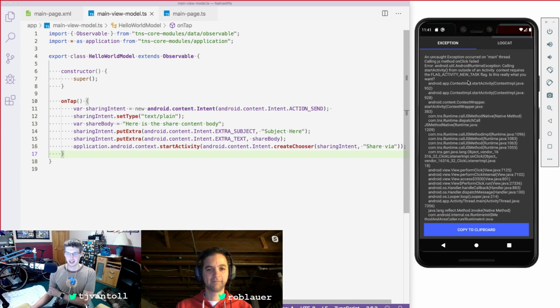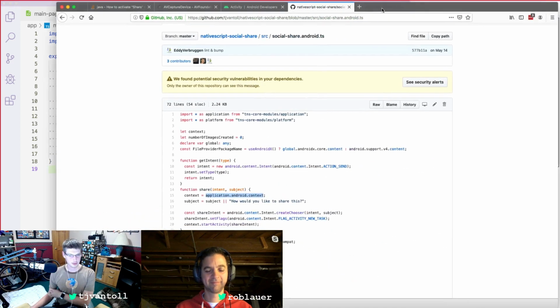Okay. Calling startActivity from outside an activity context requires the flag FLAG_ACTIVITY_NEW_TASK. Is this really what you want? All right. This is, again, where having some Android experience comes into play, because this totally gets at how you actually start this. So let's see, create a new intent, put this on, start an activity. I will probably just